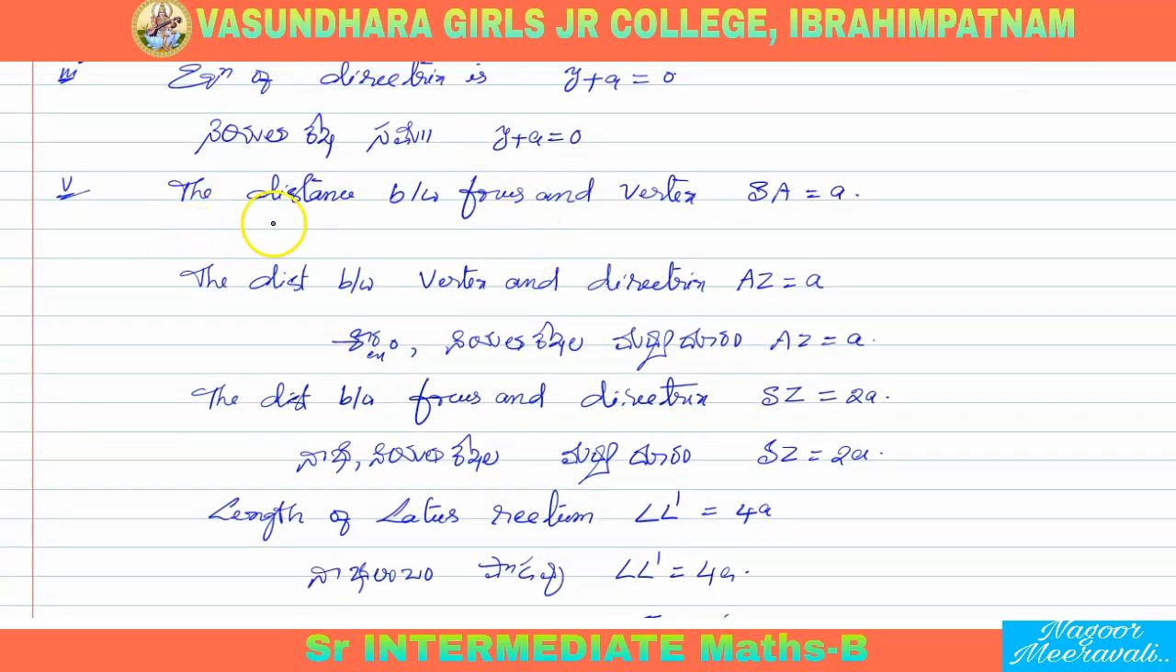So here you have to write నాభి శీర్షాల మధ్య దూరం. దూరం SA = a. Next, the distance between vertex and directrix AZ = a. Next, the distance between focus and directrix is the same. Next, the length of latus rectum is 4a. They are same to same. They are 6 property. 7,